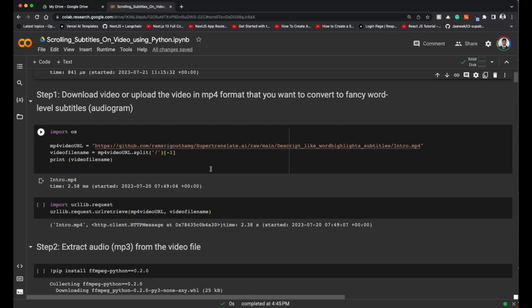So on a high level, we take the MP4 video, we extract the MP3, that is the audio file. Then we use OpenAI's Whisper tech to get word level timestamps. Then we are going to write a simple algorithm to convert word level timestamps to line level subtitle timestamps, because when you go to subtitle, we are going to divide those words into lines depending on some criteria like max